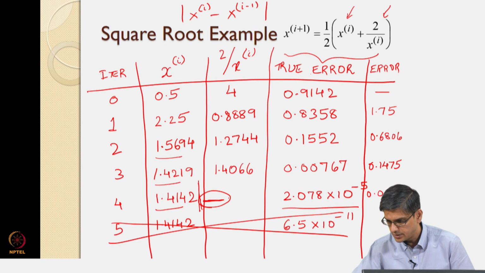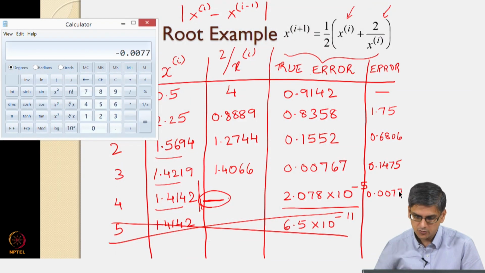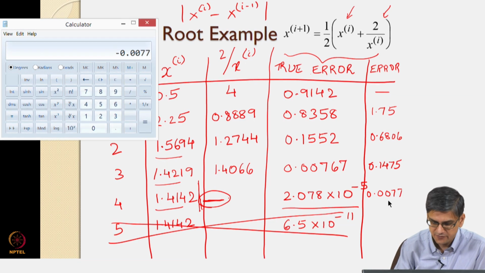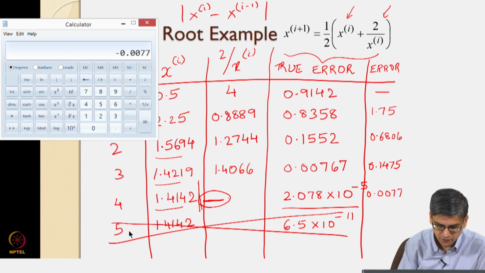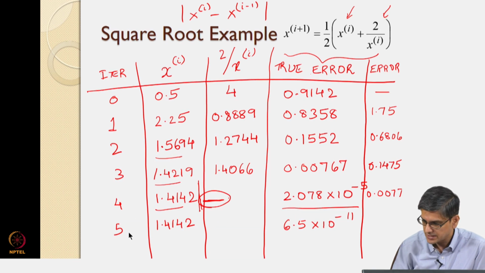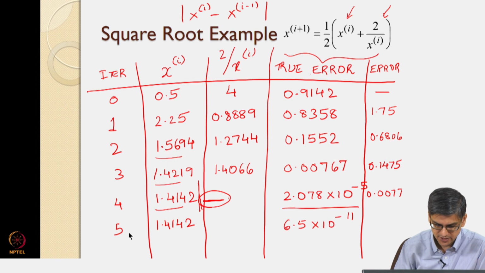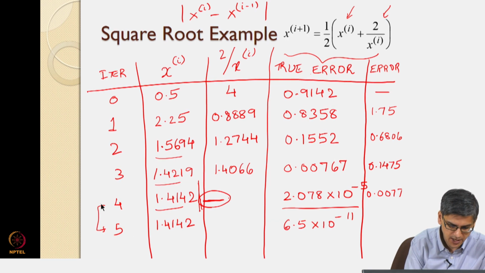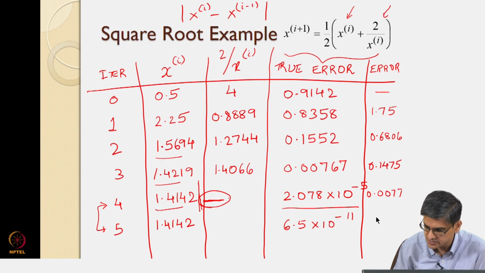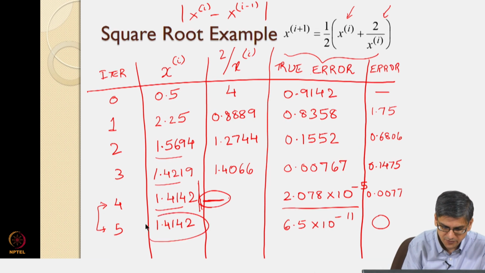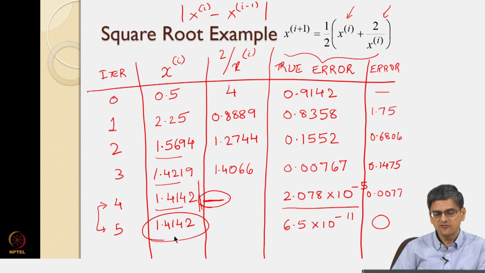Okay. And at this stage we are not going to stop because the error that we have is still quite high. We want to decrease that error further. So, we would do the fifth step if we were going to do the practical way of solving this problem, and with this practical method our last error is just going to be the difference between the two, and with this finite precision arithmetic the difference between the two is going to turn out to be 0. So, our final solution for square root of 2 will be 1.4142.